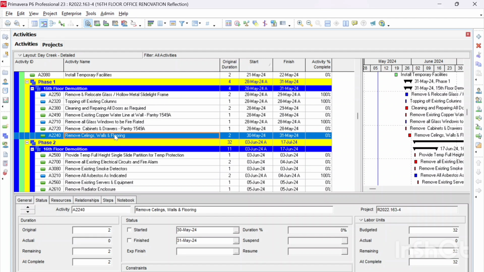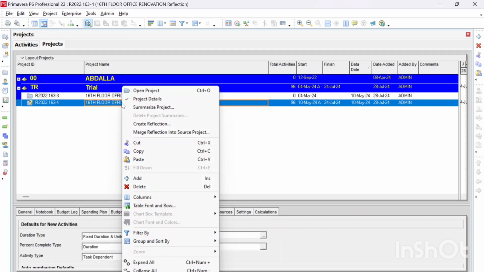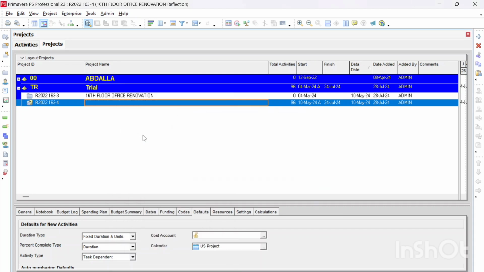I'm going to send it back to the general contractor so he can include this in his main schedule. So now I'm the general contractor. I received this reflection from the subcontractor. I'm going to right click on the reflection and choose merge reflection into source project. So when I hit this button,